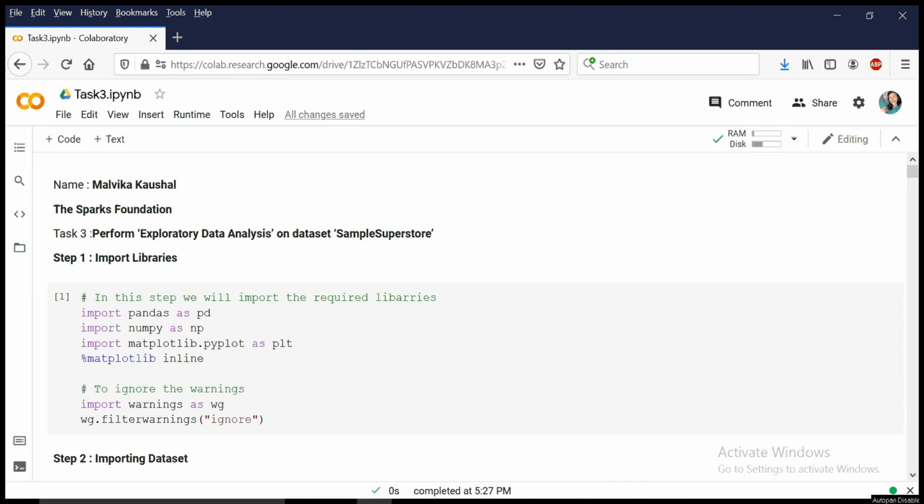Hello everyone, my name is Madhika Kaushan and currently I'm working as a data analyst at the Sparks Foundation. So today I'll be presenting you my task number 3, which is to perform exploratory data analysis on dataset samples